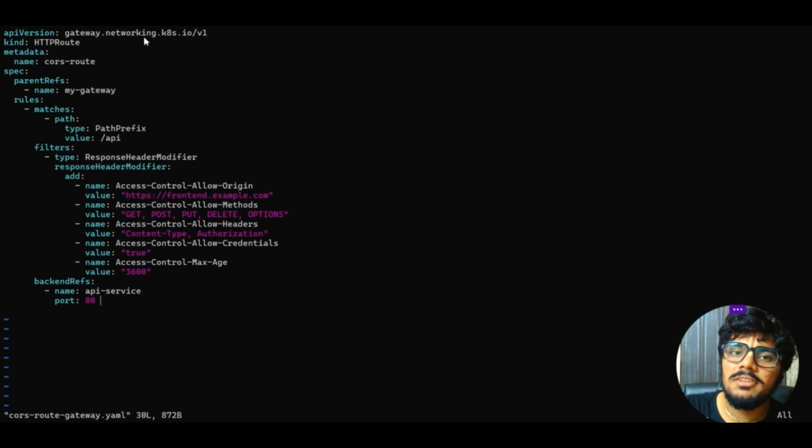So API version, gateway.networking.kubernetes.io. I don't have to explain about them all. We had filters. Type is being set to response header modifier. Our header is actually being handled with the help of these particular files, these particular types or things that I've explained about. The type is response header modifier. Another one is the response header modifier. And then the name, access control allow